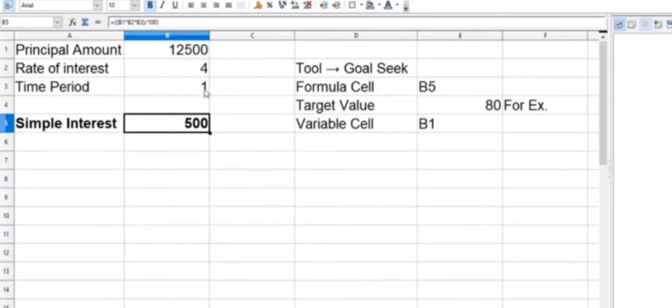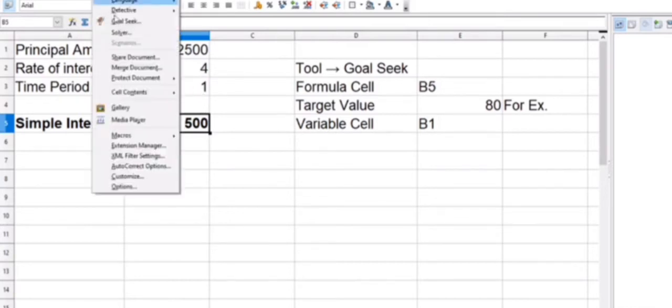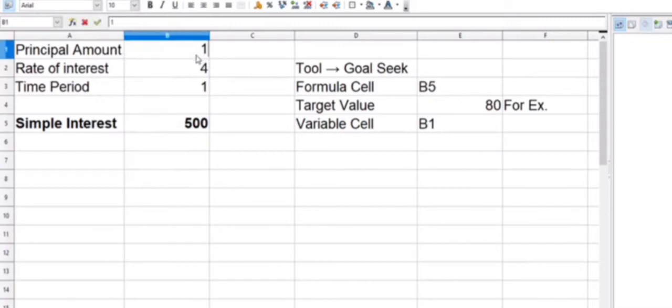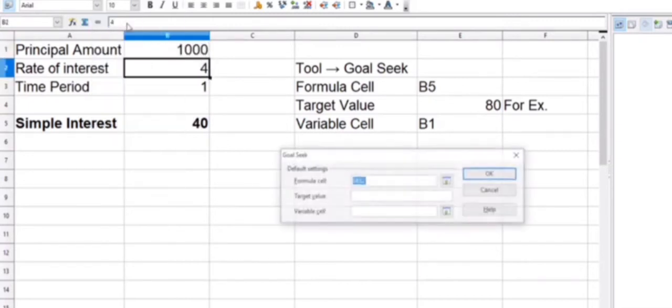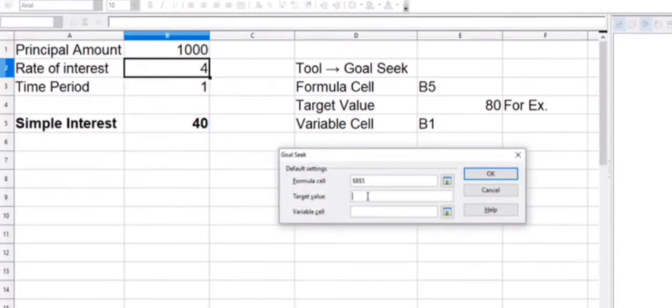Okay, so if you want some other change, if you want to change the same principal amount, then again we write here and then go there. That is our formula cell. You need 500 as the targeted value. Now